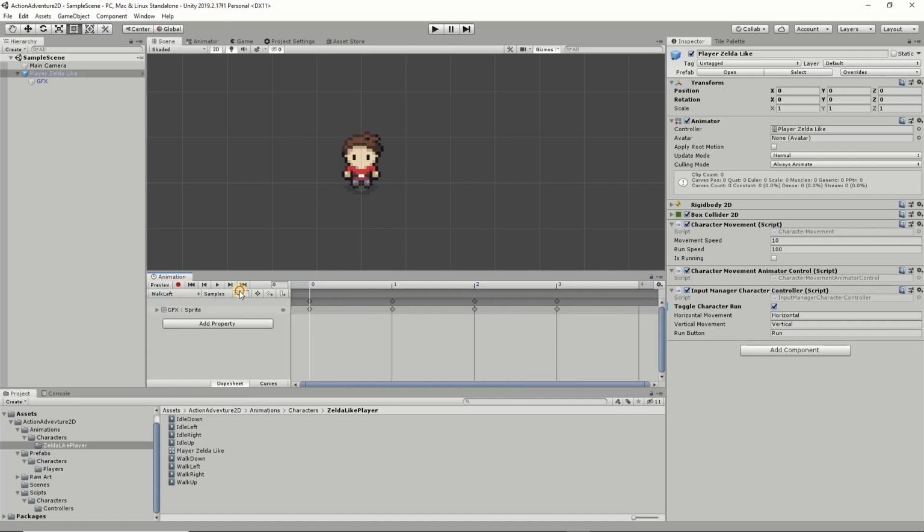Make sure we do the same thing with our walk left, walk right, and walk up. So let's work on our walk left now. So currently if you click play here, you'll notice that it's still in the walk down cycle. To fix that,